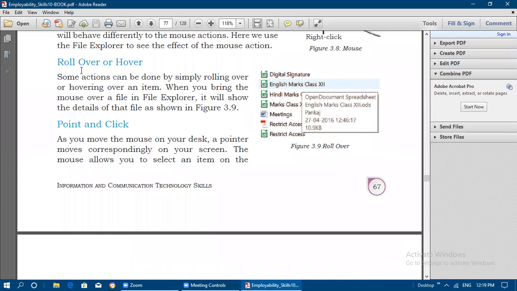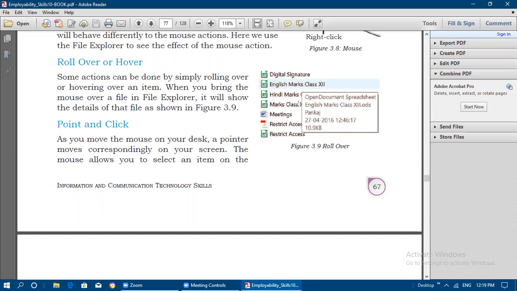The first one is roll over or hover. Some actions can be done by simply rolling over or hovering over an item. In File Explorer, when you move the mouse over any particular file, it will display information. It will show the details of that file, like this figure.